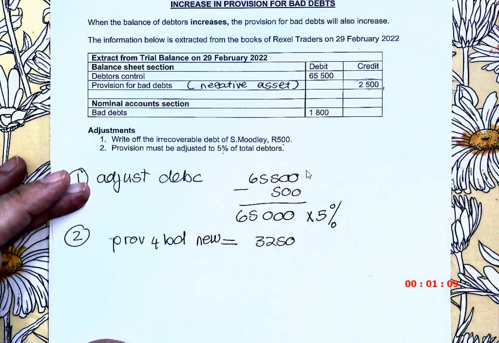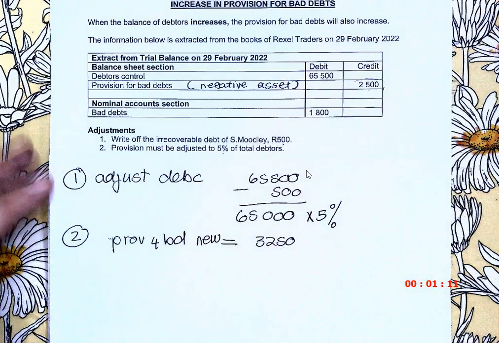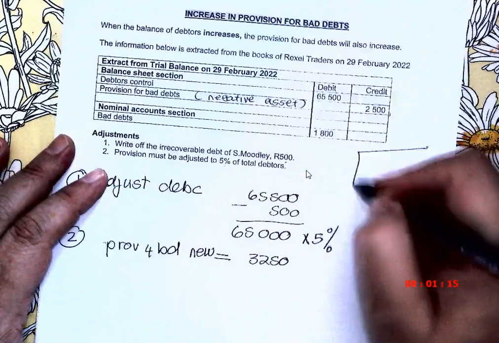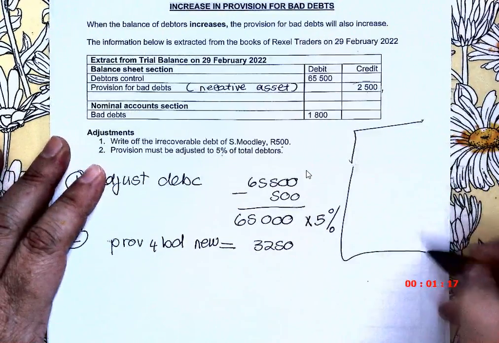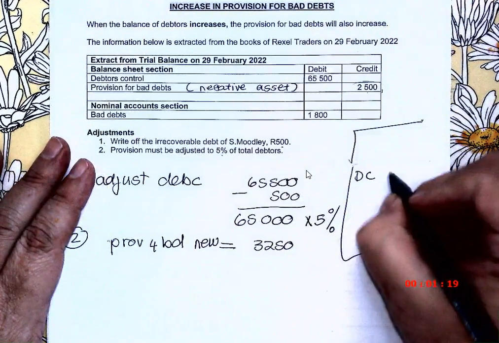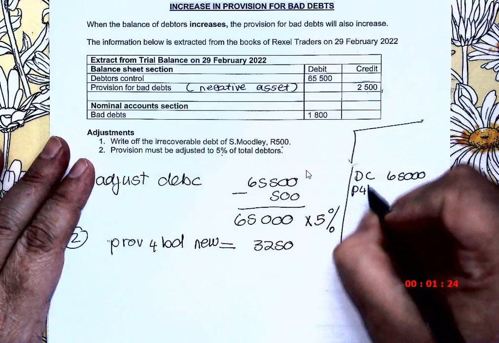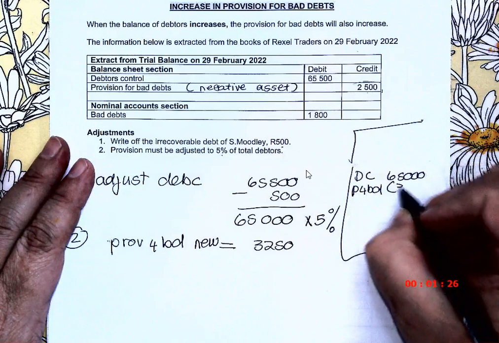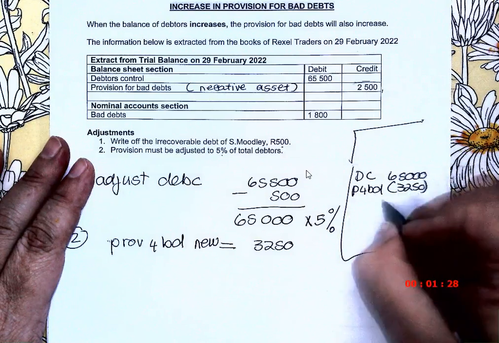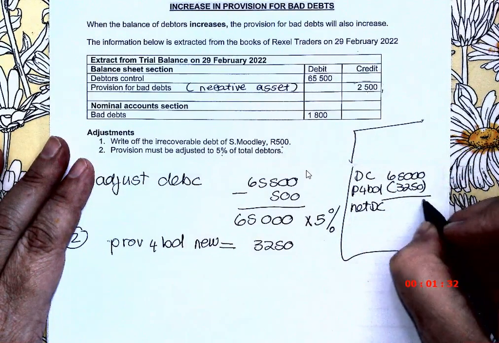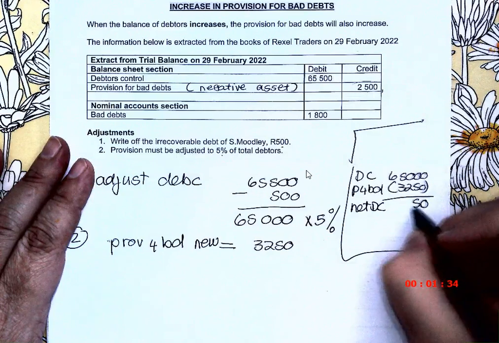In other words, if I have to do the note in the balance sheet, I will literally say debtors control is now 65,000 less provision for bad debts 3,250 gives me net debtors control, which is